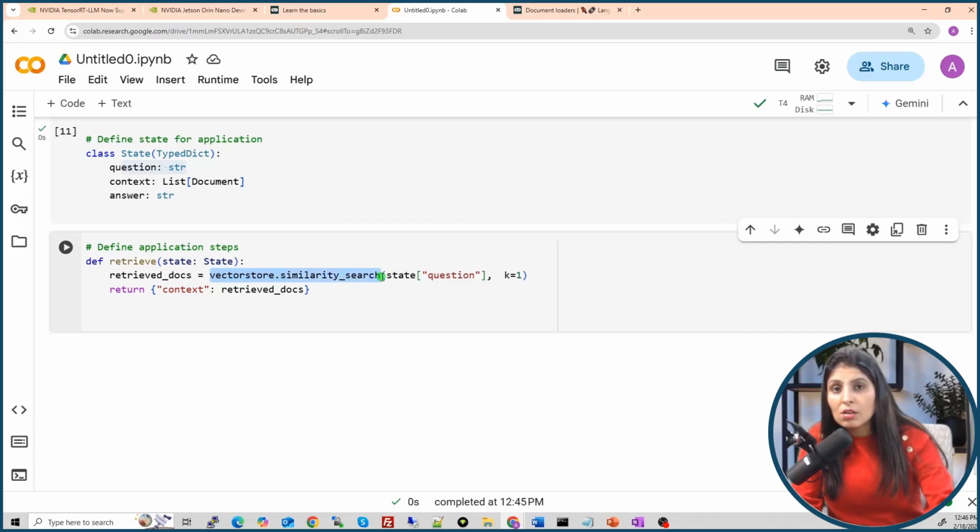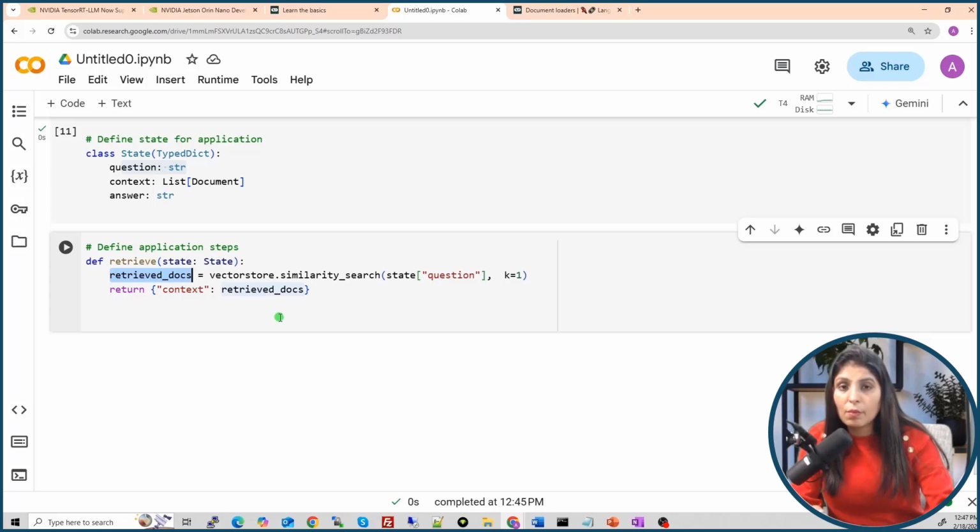Using this similarity search, we will perform the similarity check between the user question and the embeddings which are there in the Chroma database. From where are we getting the user question? From the state. The user question is getting similarity checked with the embeddings which are there in the vector store. And k=1 means fetch the top one record which matches the user query the most.